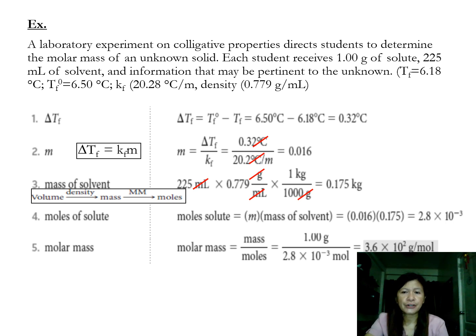And finally, for the computation of molar mass, you just use the formula mass of solute over moles of the solute. So we have 1 gram of solute, divide that by the calculated mole of solute, 2.8 times 10 raised to negative 3 mole. That will give you 3.6 times 10 raised to 2 gram per mole, or 360 gram per mole is the molar mass of our substance